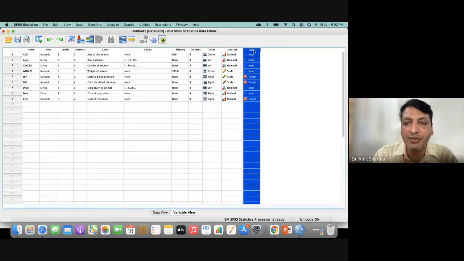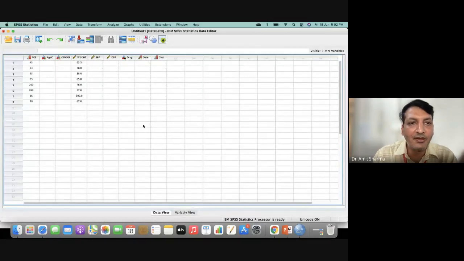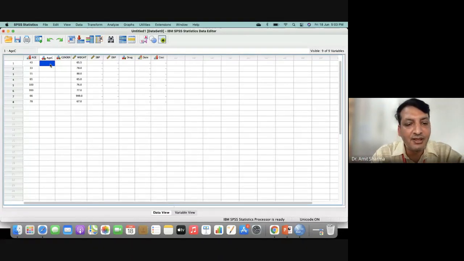It is not going to play that important a role, but it will help you to find out which is my independent variable and which is my dependent variable for the research. So like this you are going to customize the sheet, and how you are going to enter the data. A few variables I have already done. Now you can see, if I want to fill this variable age category, I will not add 21, 20, 31, 30 or 41. I will just add 4, because I have entered just 4.